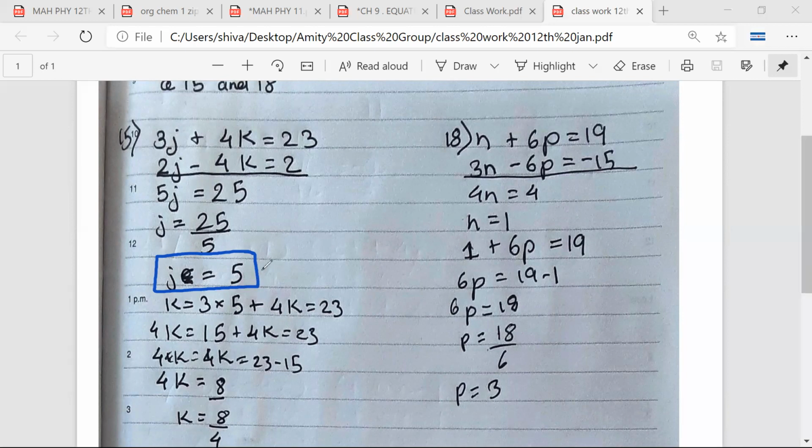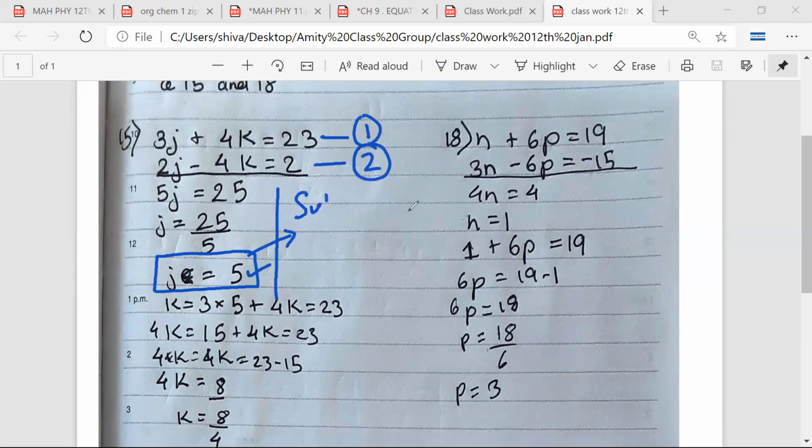Nah, this is wrong. So once you have found the value of j is equal to 5, see Soumya, what you can do is you can mark this equation as equation 1 and this as equation 2. Soumya, have you understood? Yes. Then what you can write is, after this step,